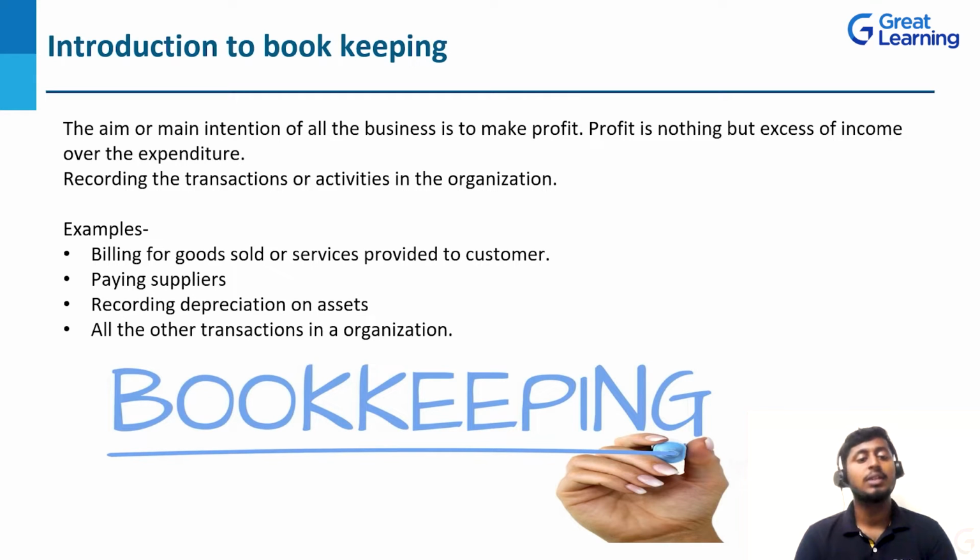the transaction. Correct. So the second transaction is paying suppliers. Whatever goods we have purchased from the creditors, for that we are paying now. That is paying to suppliers. Then recording depreciation on assets. Recording depreciation is not monetary, it's not coming into the business or going out of the business. Nothing will happen. Only the fund flow will be there within the organization. Only transactions within the organization will be there. So that is also something we need to record, recording the depreciation on assets.